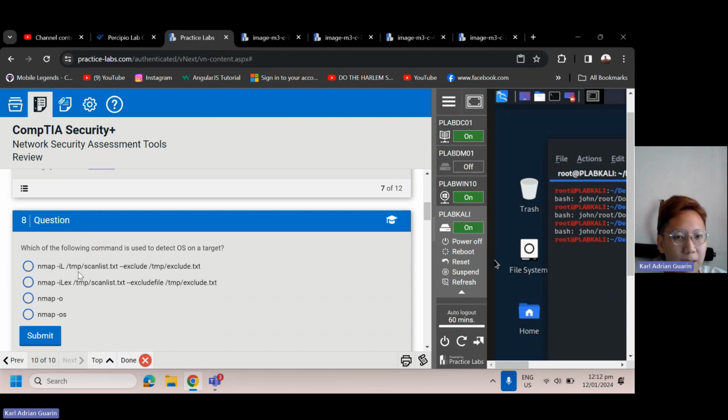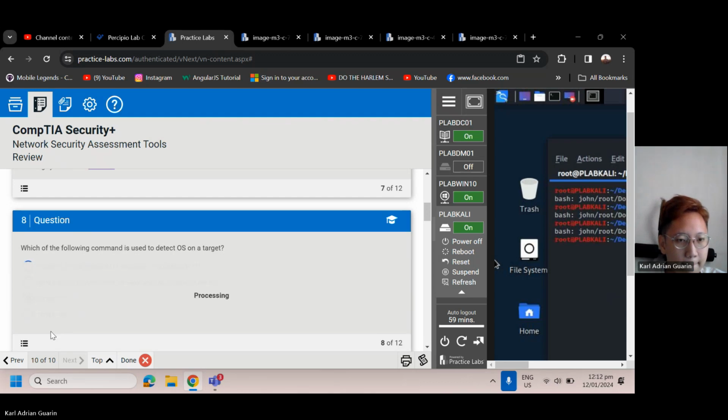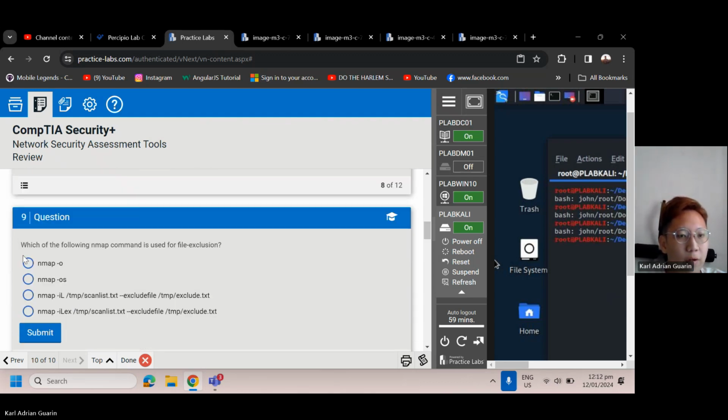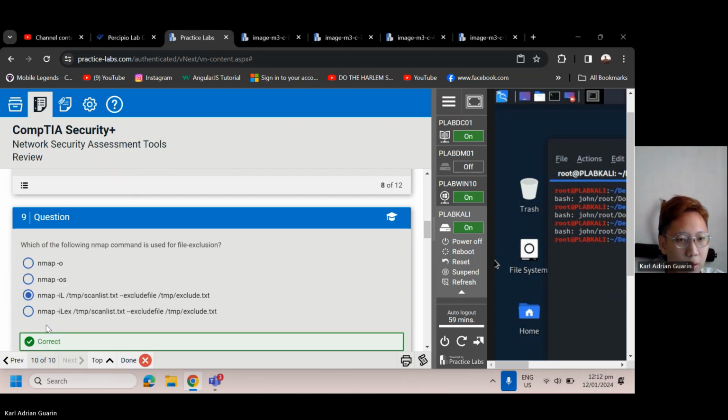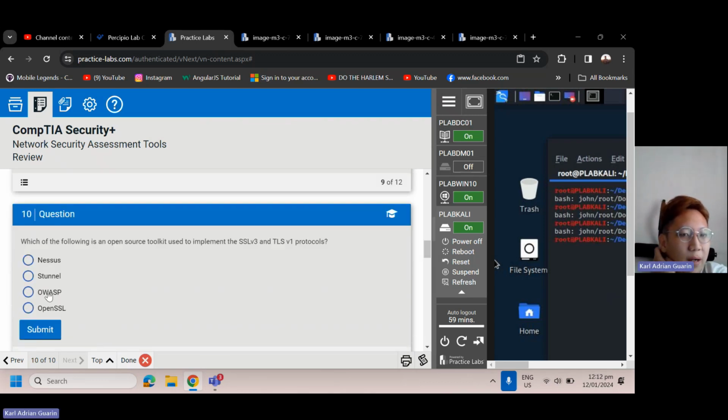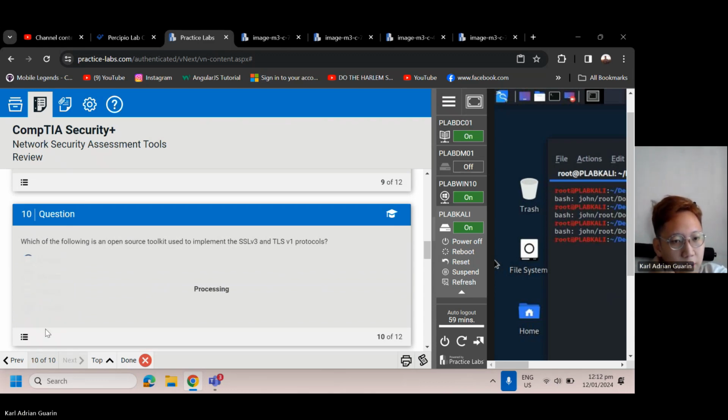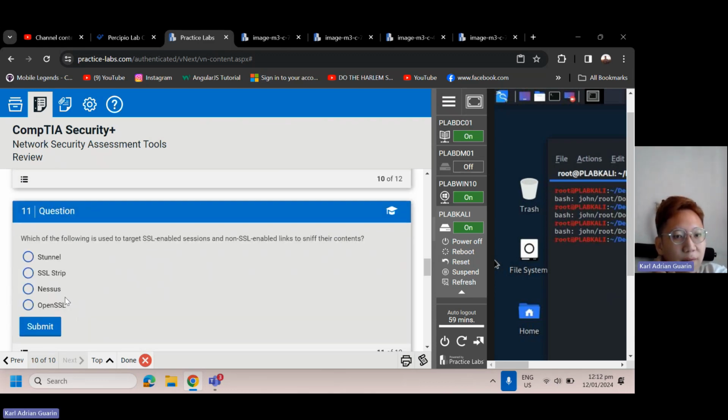Which of the following command is used to detect OS on a target? Which of the following file execution? Which of the following open source? Which of the following is